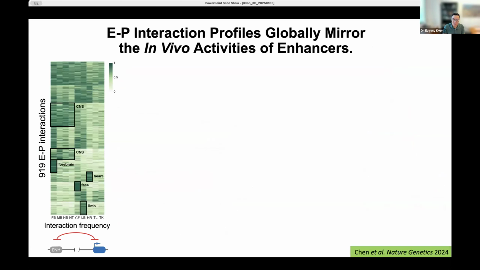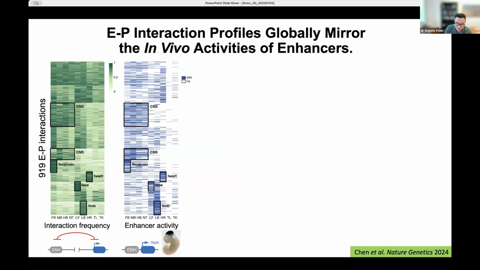And now, if you look globally at enhancer-promoter interaction intensity and cluster it by tissue type, we can see that there are some enhancers that preferentially contact the promoters in the face, in the limb, and heart, in the brain, etc. And if we now take that heat map and